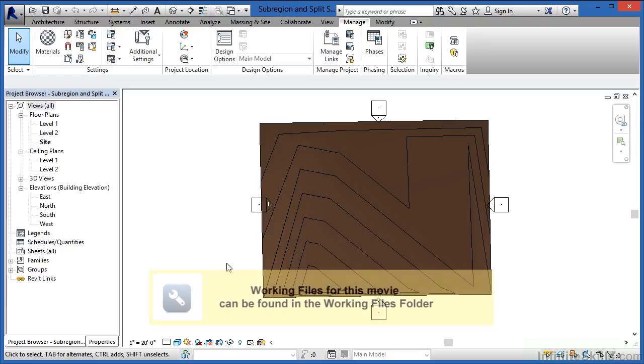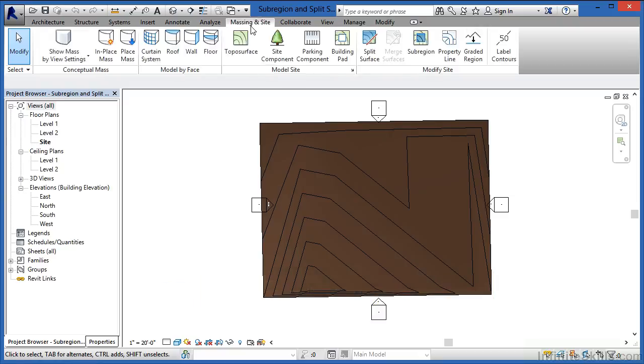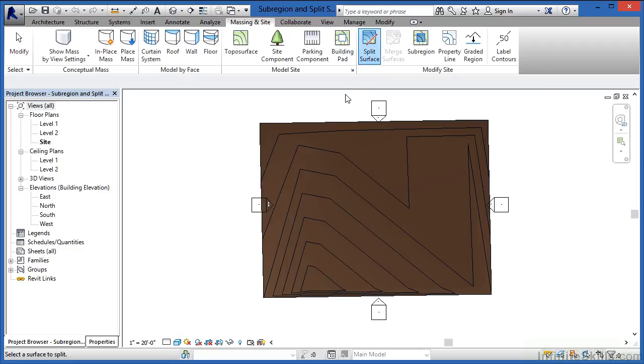There are two commands that allow us to refine our site design. In this case, they're called Subregion and Split Surface, and they can both be found underneath the Massing and Site tab. The first one I want to talk about is Split Surface. And if we select on Split Surface, what this does is it splits up whatever the topo surface is into